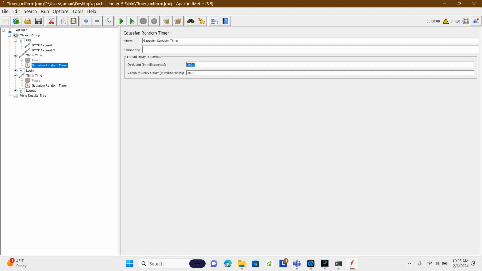Let's say I make the constant delay 10 seconds. Then I will add a deviation of 2000. Sorry, not 2000 seconds, it is 2 seconds, right? 2000 is equal to 2 seconds. Now what this deviation in the Gaussian random timer does is it will generate a number between